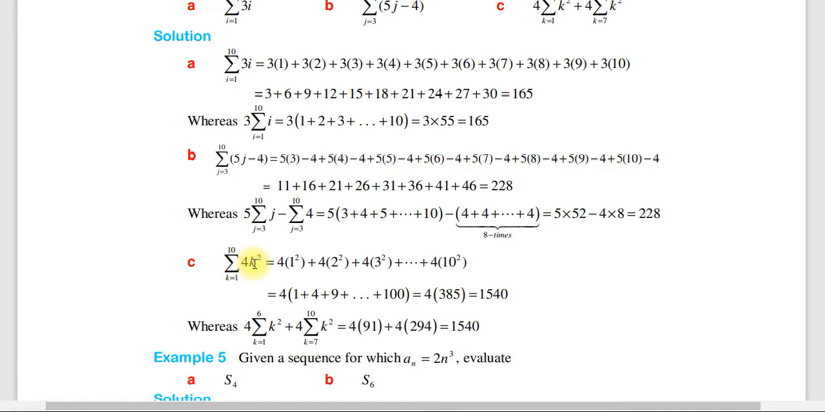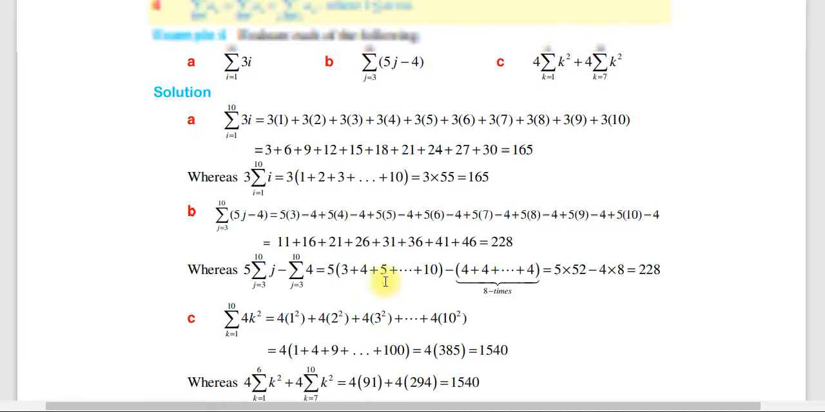ሲ ላይ ደግሞ summation of 4k square ይለናል። k starts from 1 up to 10 ነው። then ውስጥ እያስገባን የk ቫልዩን ከ1 እስከ 10 ድረስ እየዘረዘርን 4 times 1 square plus 4 times 2 square plus 4 times 3 square እያልን 4 times 10 square ድረስ እንዘረዝራለን። then finally ስንት መጣልን? 1540 መጣ ማለት ነው።